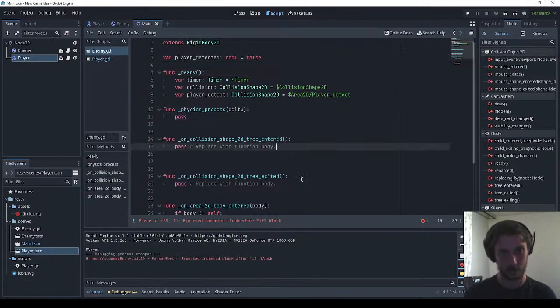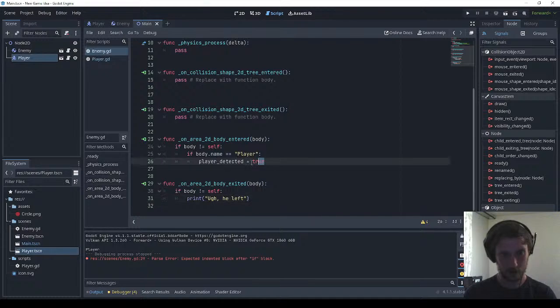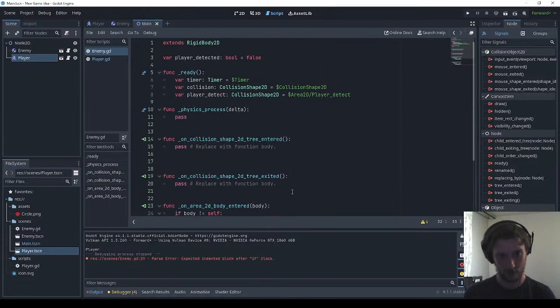We're gonna default it to false. Player detected is equal to true. Then